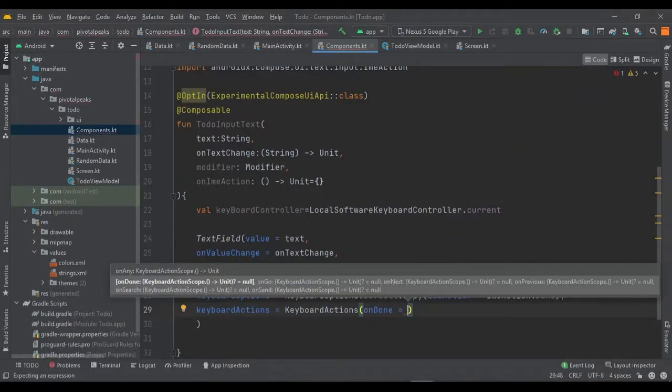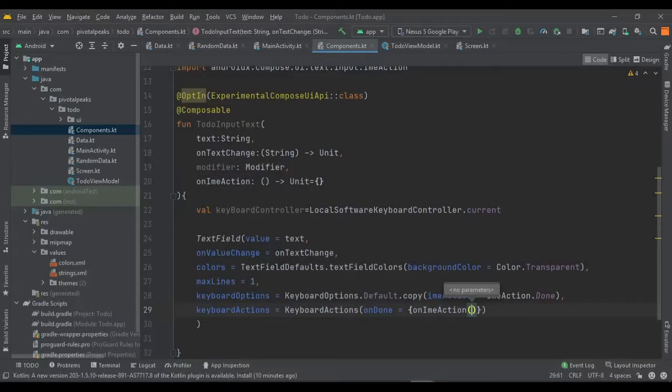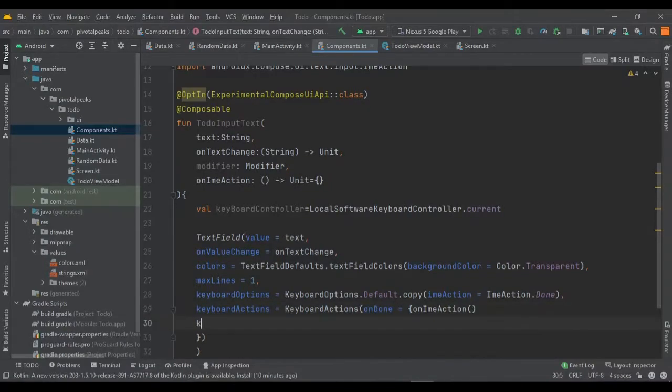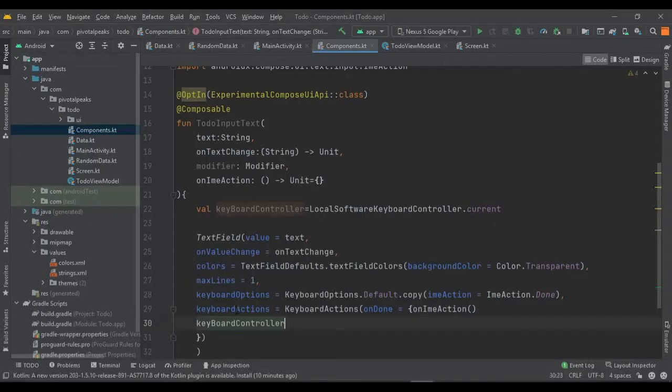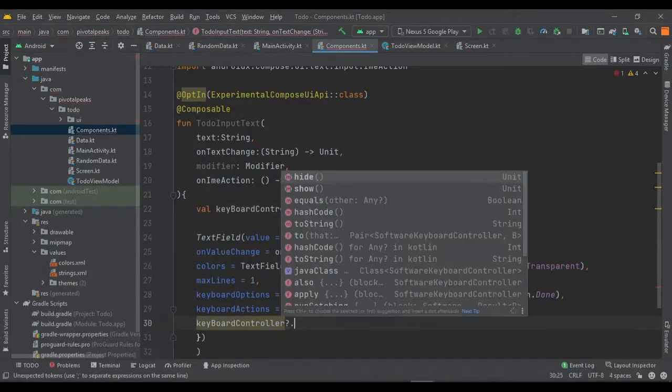So on done we need to pass the on IME action which we created already in the input text, and after that we need to hide the keyboard. So for that keyboard controller, and this is how we hide.